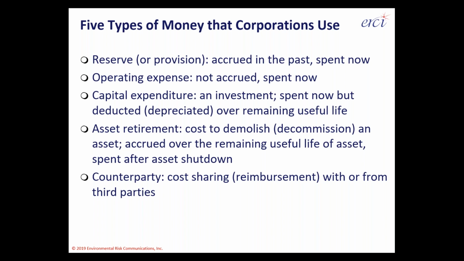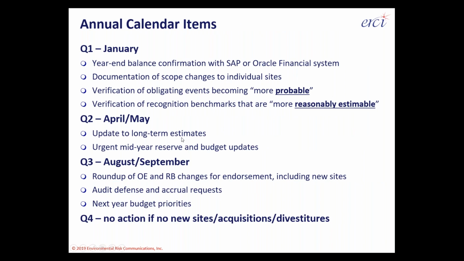And then finally, the fifth type of money that's out there is counterparty money, where cost sharing or reimbursement is performed with or from third parties. So this is, in one sense, other people's money in addition to the other four types that I've got listed here. Major calendar items for looking at environmental liabilities normally follow this type of pattern for organizations that end their